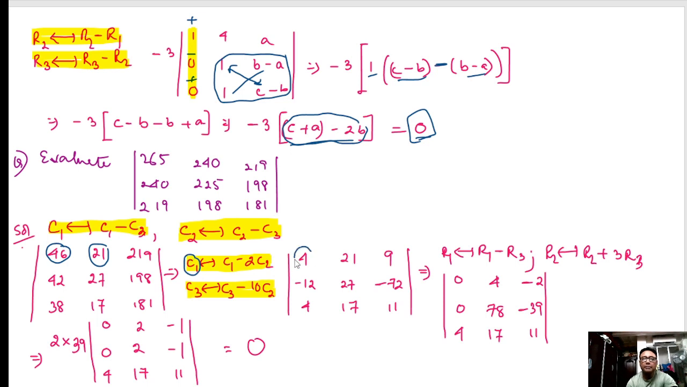So here, similarly, twice of 27 is 54. So 42 minus 54 is minus 12. Similarly, twice of 17 is 34. 38 minus 34 is 4, and we will keep it in C1. Okay, so this is done. And next,